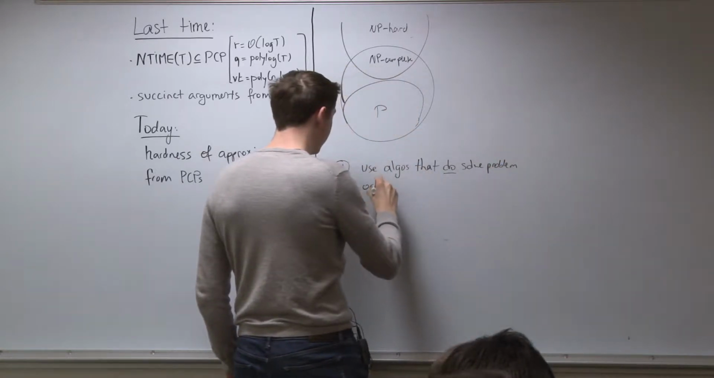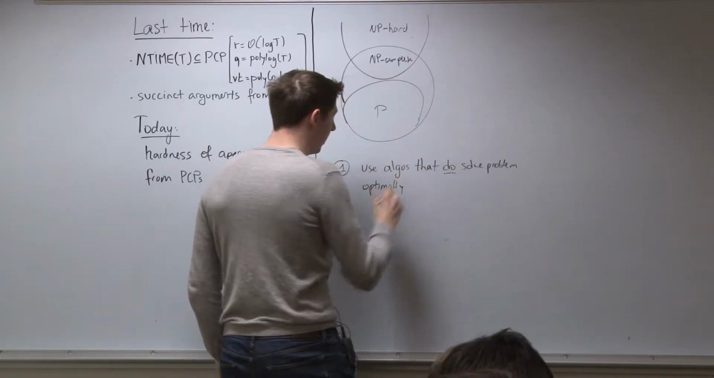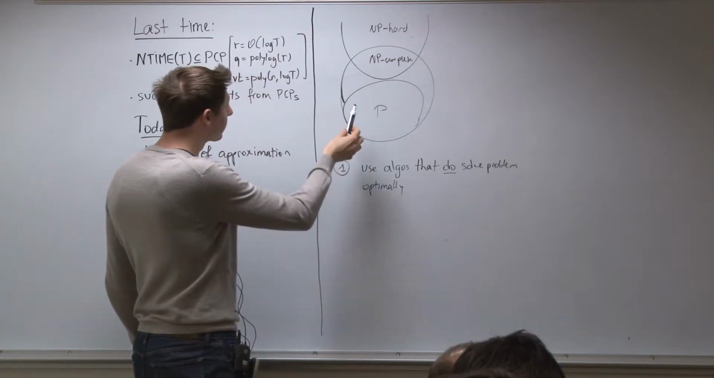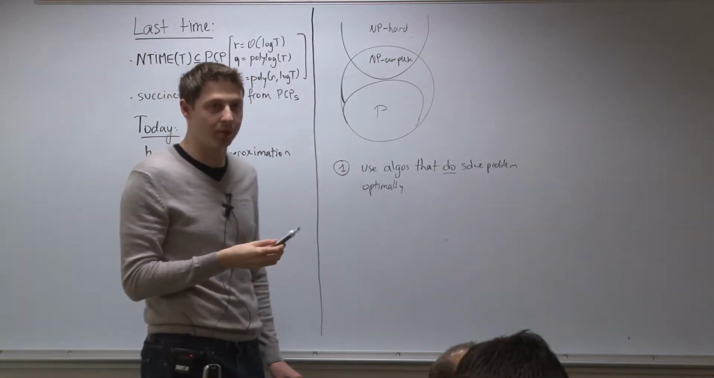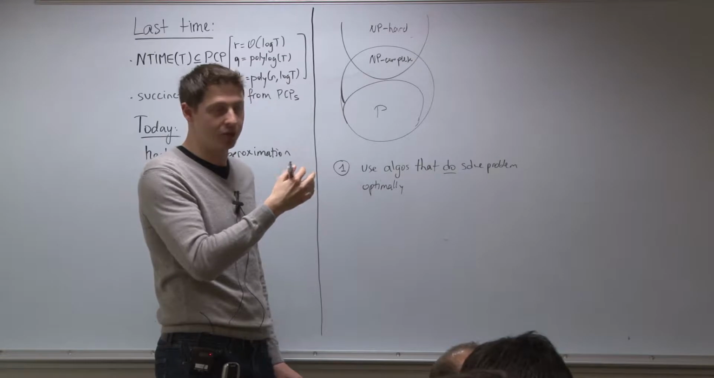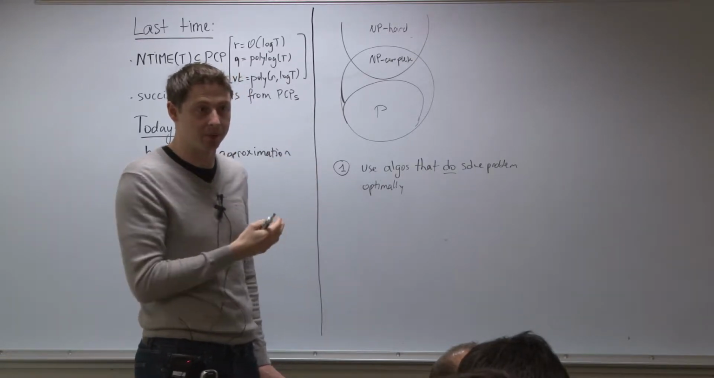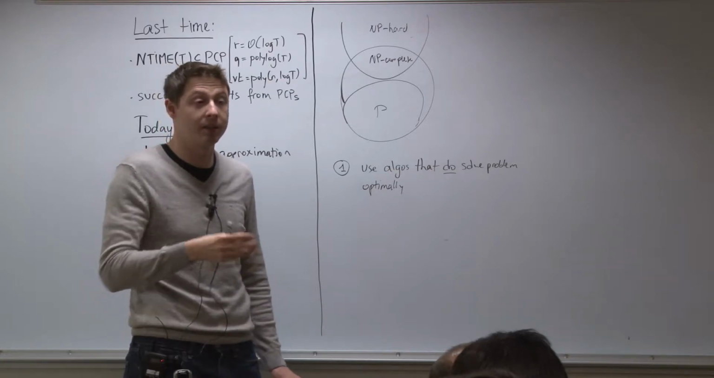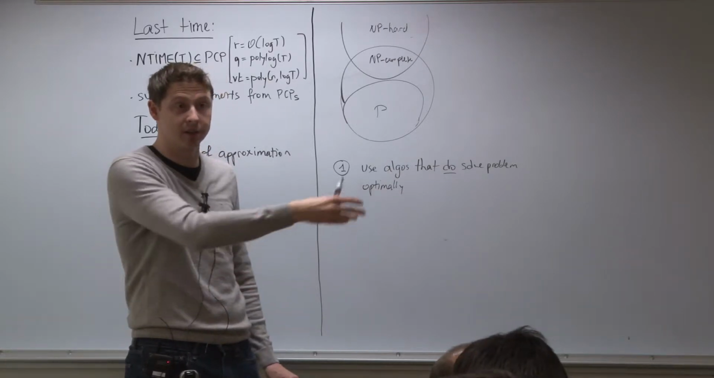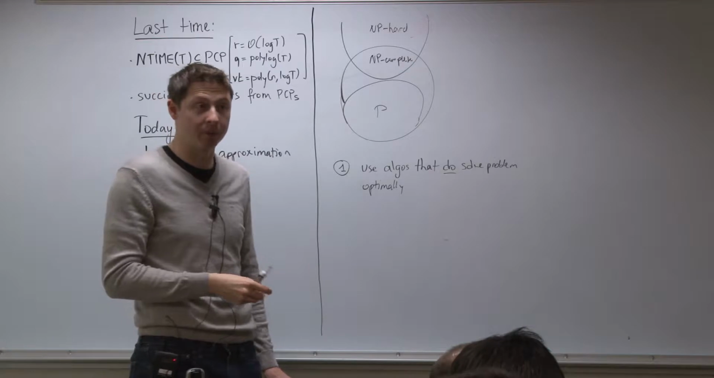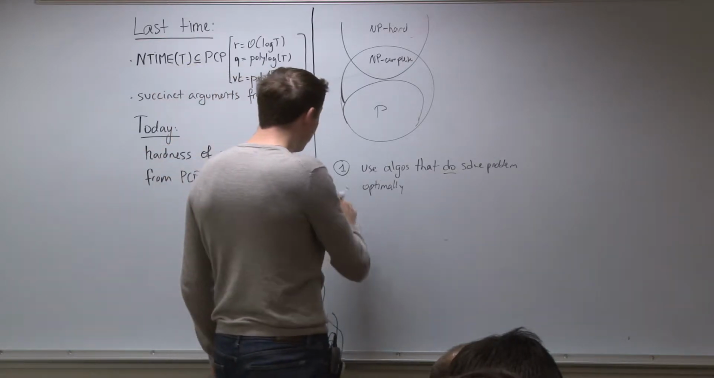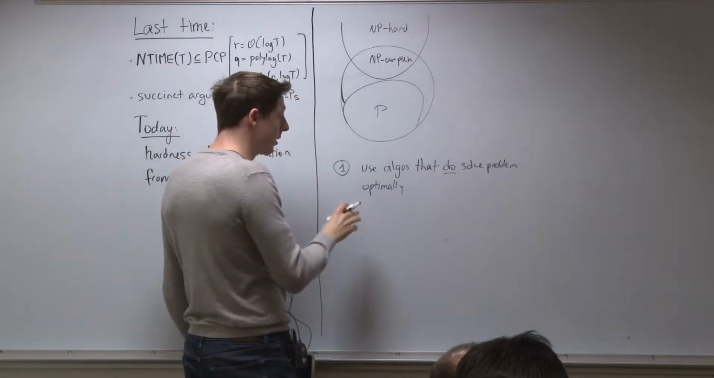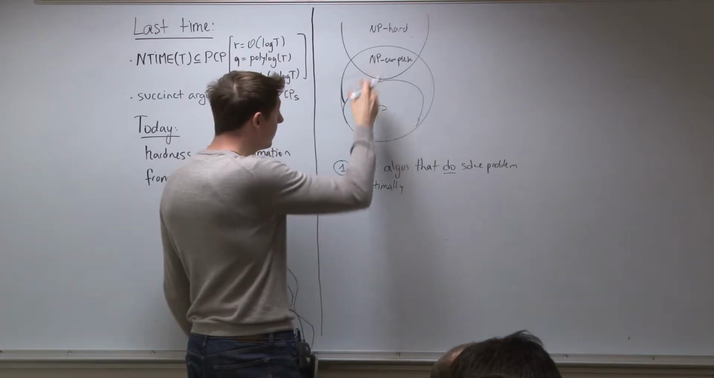optimally. I'm going to keep using the term optimally because even though P and NP really are about decision problems, it's just more natural to think about optimization problems. You can turn an optimization problem into a decision problem by asking, does there exist a solution that is bigger than such amount or smaller than such other amount? So one idea is to just say, look, we're going to use algorithms that do solve the problem optimally,